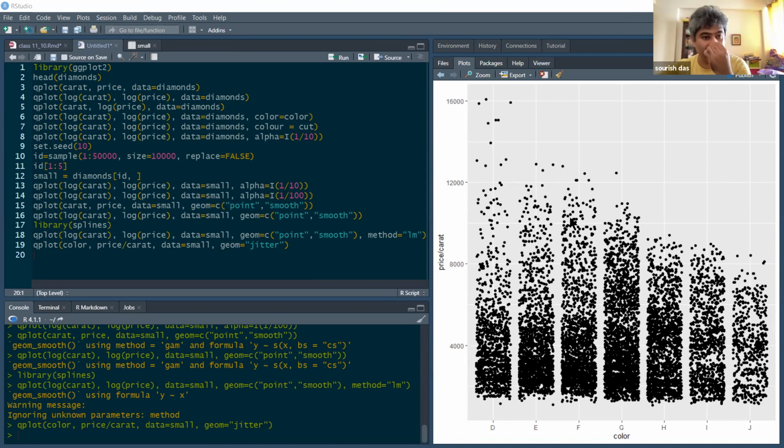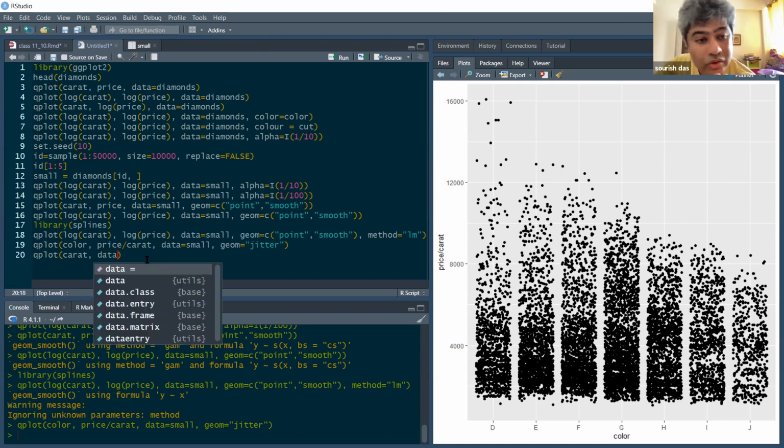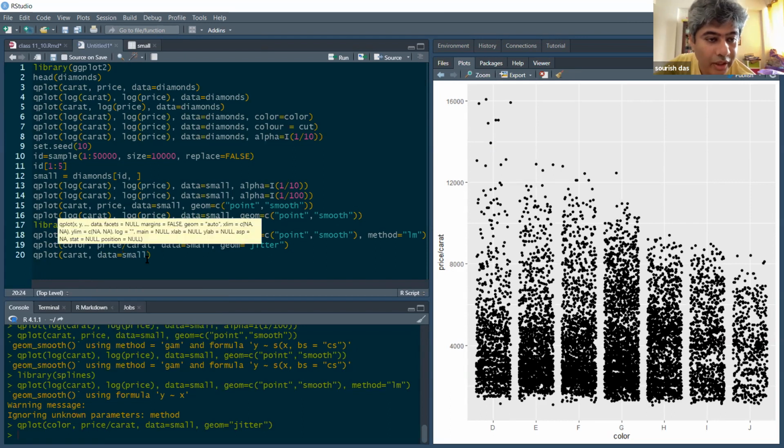Okay, go to line 20, Abhishek. qplot carat, comma, data equal to small, you just take small, diamond will take a lot of time.